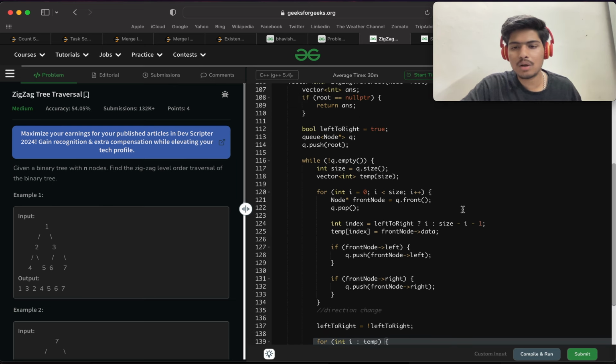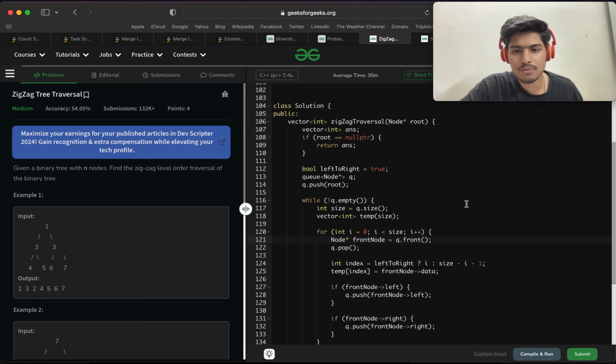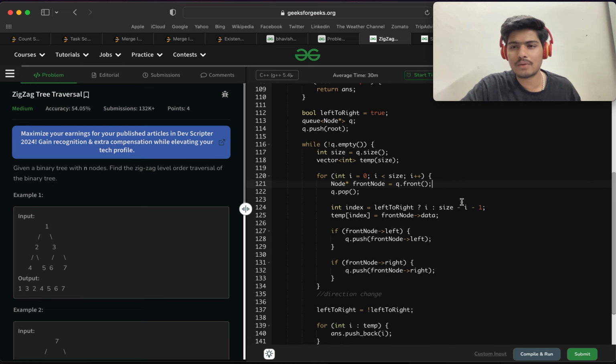So this was the complete code. So let's see the time complexity for this code. So time complexity will be big O of n, because वी आर ट्रेवर्सिंग होल नोड्स भी, ये जो भी जितनी भी नोड है उसको एक बार तो ट्रेवर्स कर ही रहा हूँ, लेफ्ट टू राइट जा रहा हूँ, फिर राइट टू लेफ्ट जा रहा हूँ, तो एक बार तो ट्रेवर्स कर ही रहा हूँ. सो हर नोड को एक बार ट्रेवर्स कर रहा हूँ, तो टाइम कॉम्प्लेक्सिटी बिग ऑफ एन है,